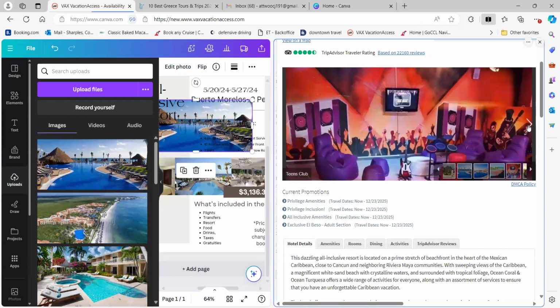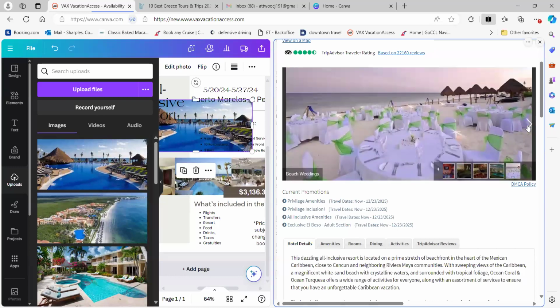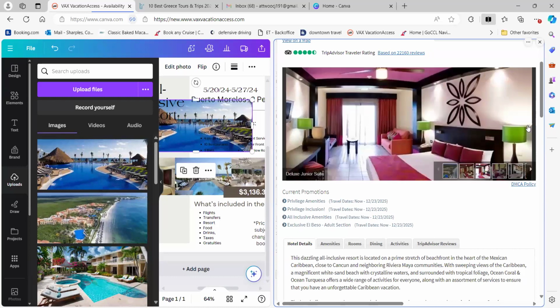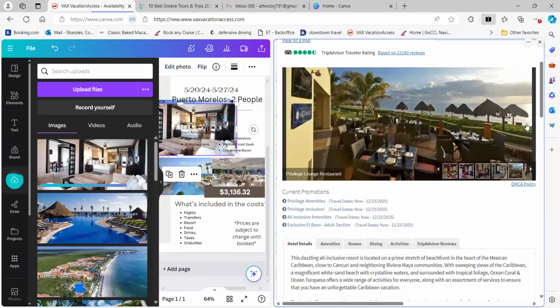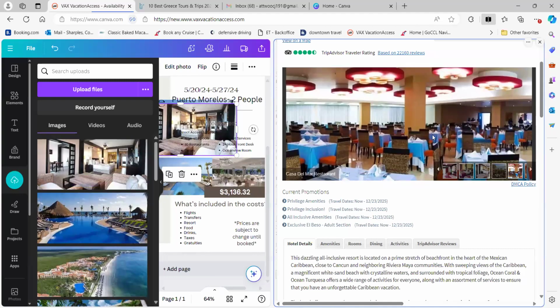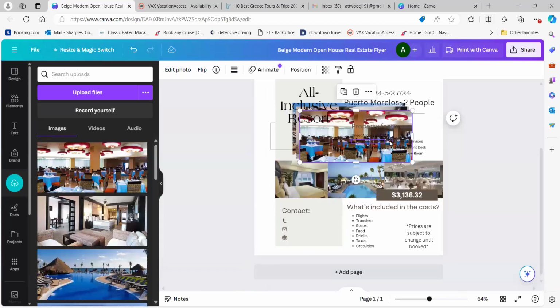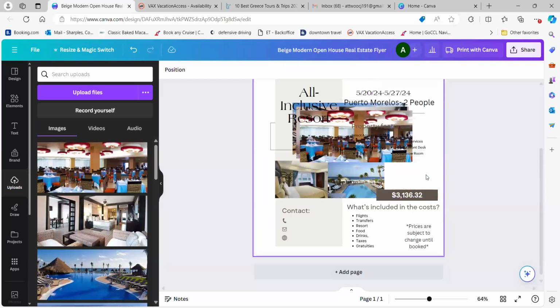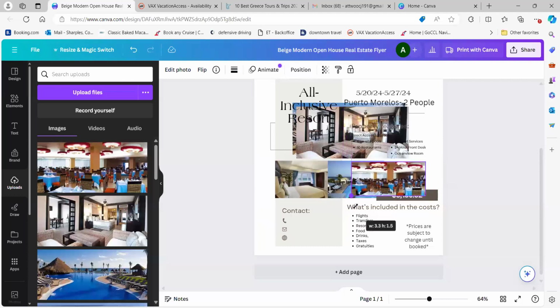They've got tennis courts. They've got rooms for the teens, the lobby. If anybody likes a spa, they've got the spa. So it depends what it is that you're looking to post. So I might put something like just some different photos on here and then one of the restaurants. So I'm just dragging photos over for a minute. And then I like to put them in here. So let's move these out of the way. So let's delete this one here. And we'll drag this one down here. And you just kind of fit them in to make sure it looks nice, as long as they have an idea.